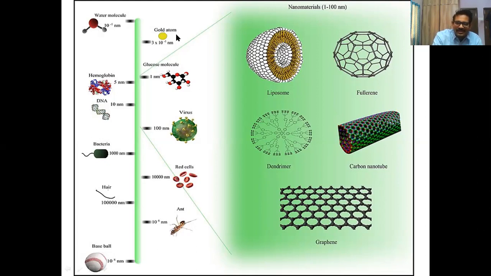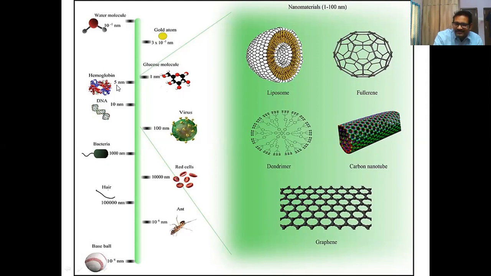In a similar way, a gold atom is in the range of 3 angstroms. So with more gold atoms, 3 or 4, we normally call it a cluster. So this is a big cluster. When it is a big cluster, the size is about 1 nanometer. When a cluster becomes bigger and extends its size from 1 nanometer to 100 nanometers, then we can call them nanoparticles. So these are the various sizes of the materials that we know.